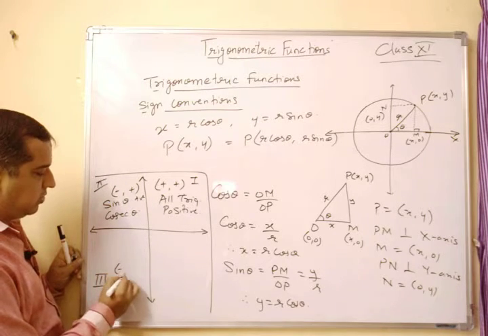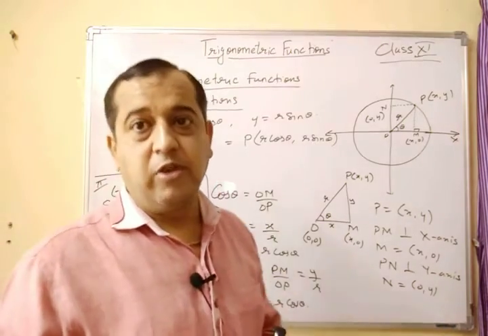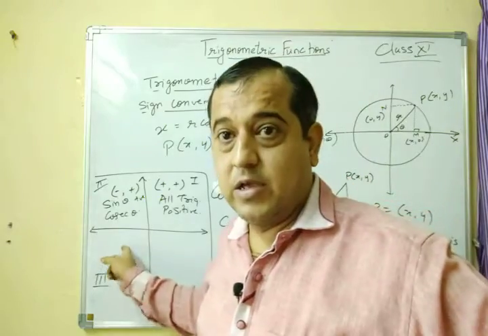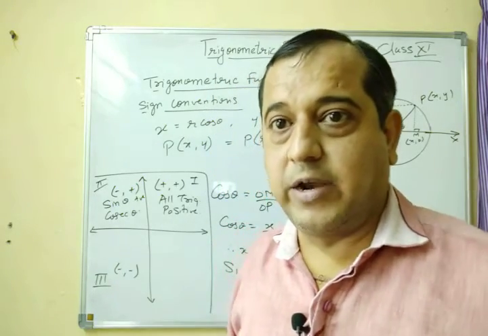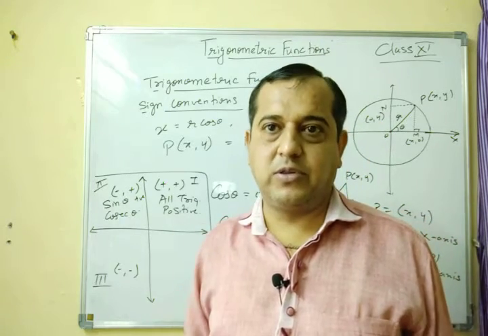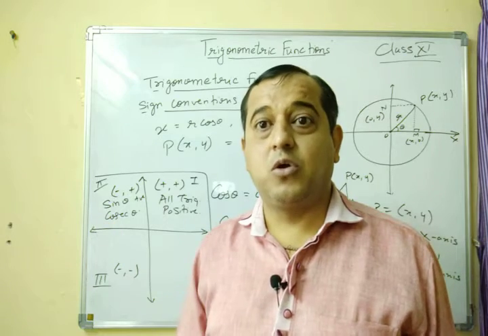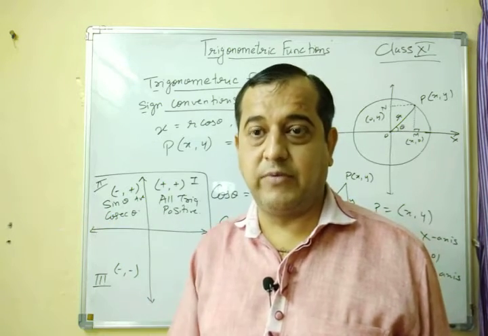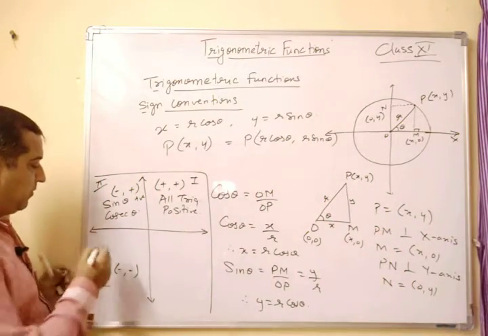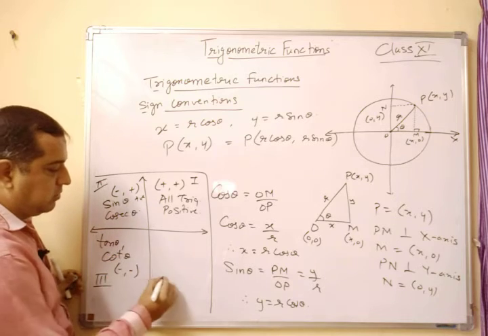Coming to the third quadrant, it gives minus, minus. Both are negative, which means cos and sine both will be negative here. The reciprocals sec and cosec will be negative. Now come to the ratios. Tan is sine upon cos, negative upon negative, and the ratio of negatives is positive. Cot is cos upon sine, negative upon negative, also positive. So here tan theta and cot theta will be positive.